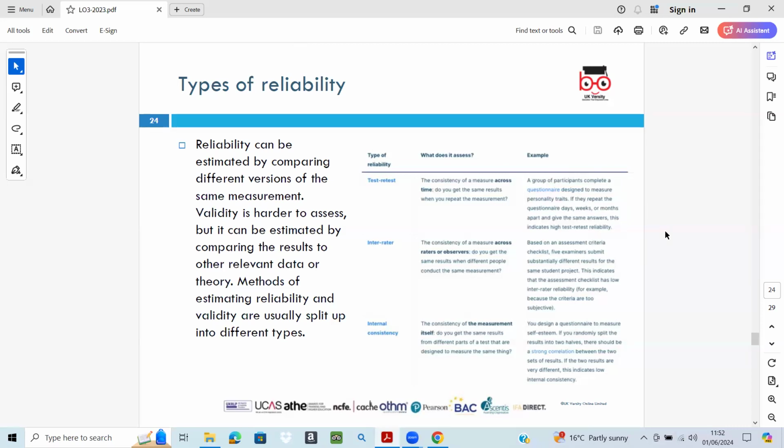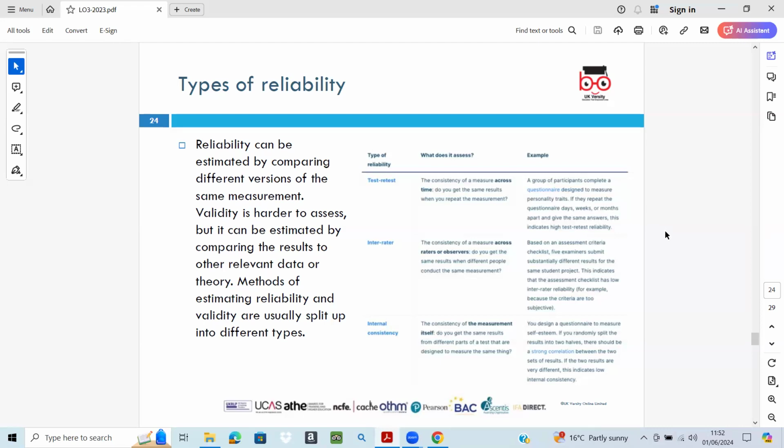And for this one, we have types of reliability. We need to discuss some key types of reliability. Here, they have discussed three of them. So first we'll discuss test-retest reliability. Test-retest reliability assesses the consistency of a measurement tool by administering the same test or questionnaire to